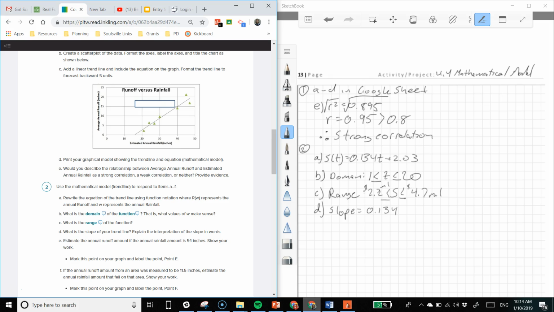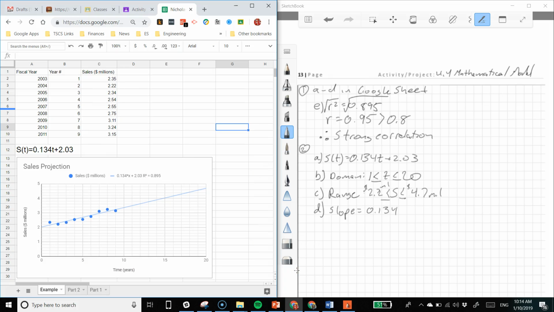Well, what the slope means is that for every 1 year on the x-axis, the y-axis increases by 0.134. If it were negative, it would be for every 1 unit on the x-axis, the y decreases. But because this is positive, it's going to be increasing. And so the interpretation would be